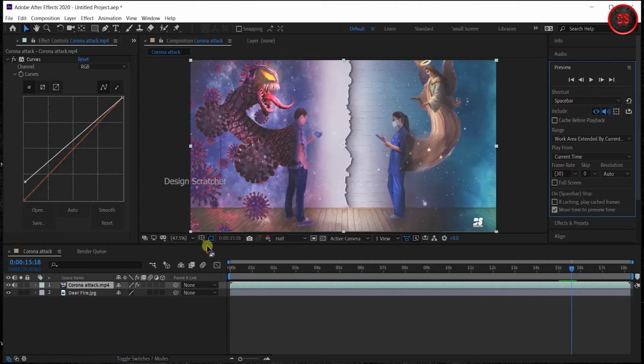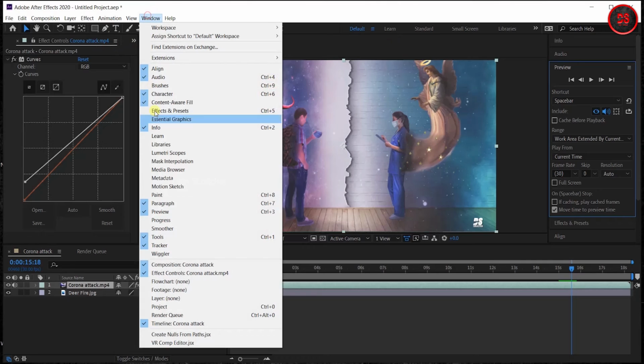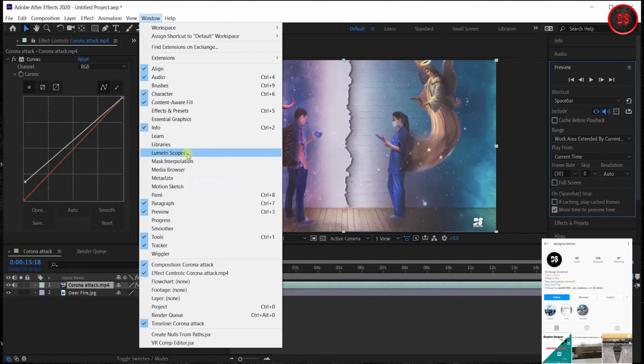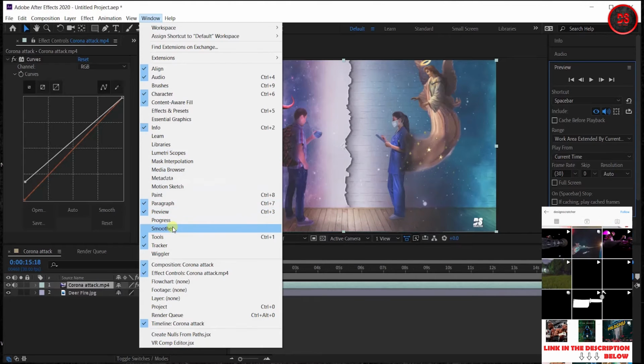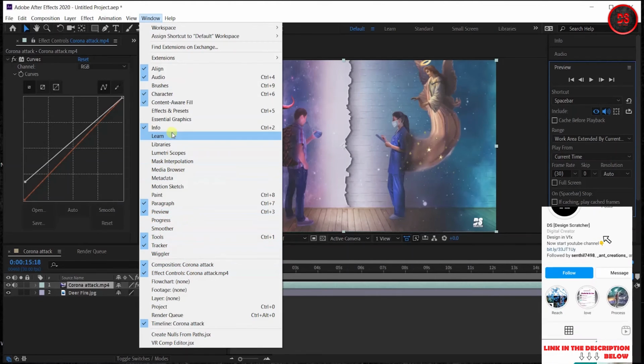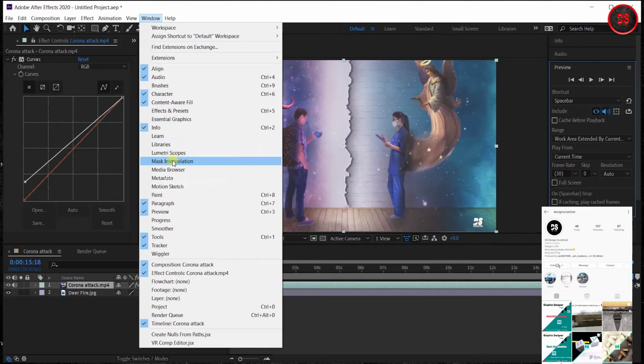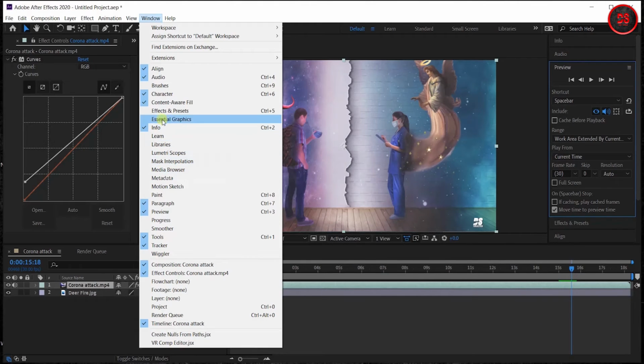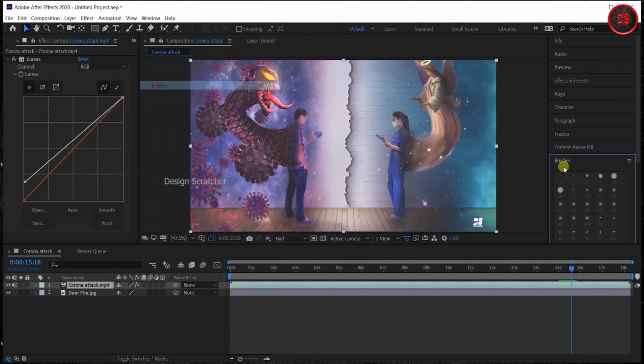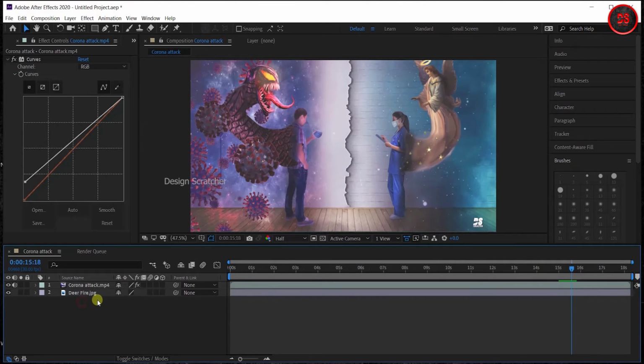If you need any kind of layer, any kind of styles, going for Windows, any kind of media, elementary scope, smoother, bigger, lamp, libraries, media browser, everything. If you want brushes also, going for Windows and click it, and it will be added for brushes also. Same. If you need any kind of updates, will be here only. This is for help.